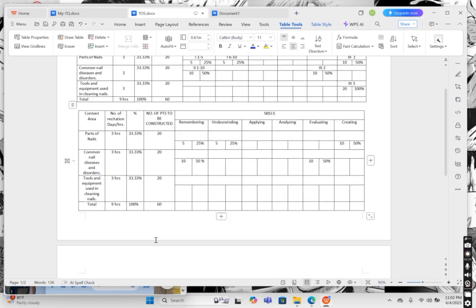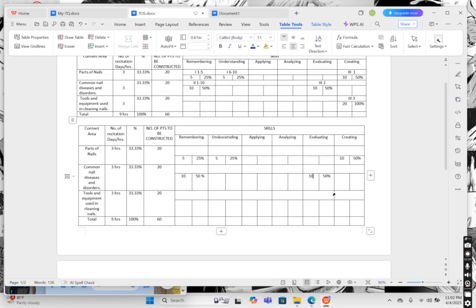And the last topic, which is topic 3, tools and equipment used in cleaning nails. So I'm just going to direct it to the higher order thinking skills. It's creating, so it's only 100%. It's a total of